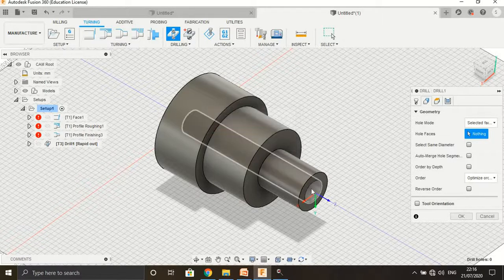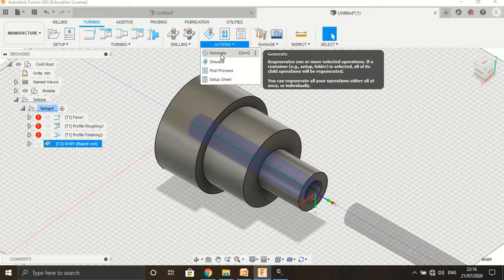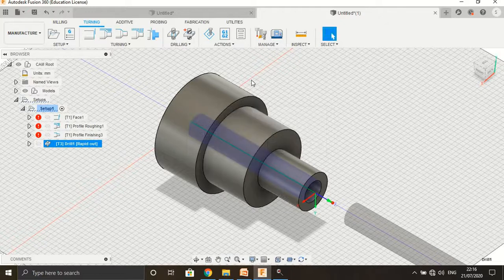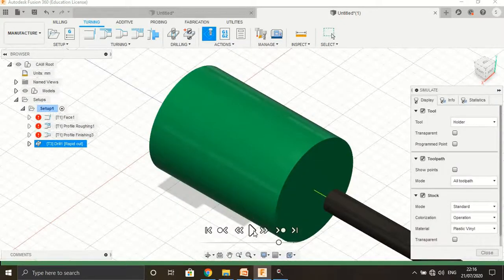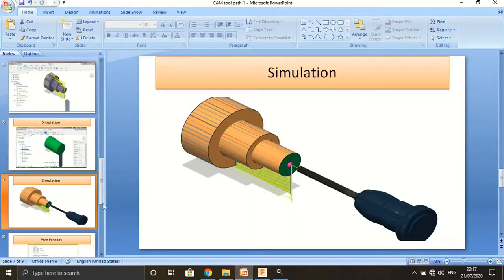Press operation, we are going to select. After completion of that, again action, generating path, then simulate. How we can get close. So these are the operations we are going to complete.